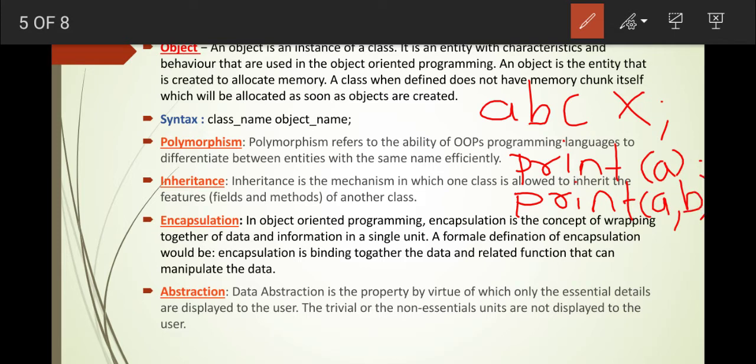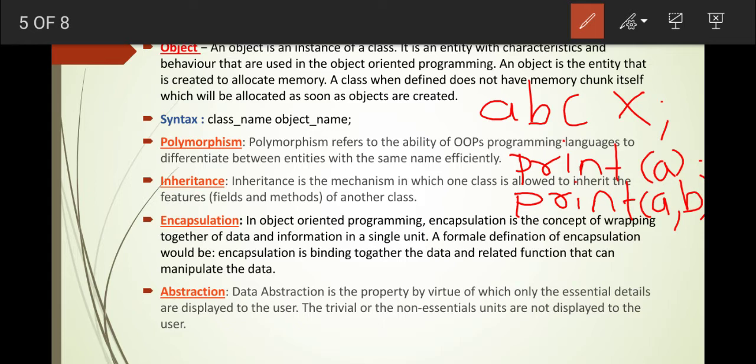Both the names of those functions are the same, it means the form is the same, polymorphism, but they will perform multiple tasks. The first function print will only print the value of A, the second print will print the value of A and B. But the name of the function is the same. How does it differ?